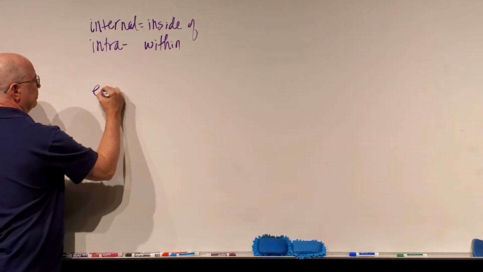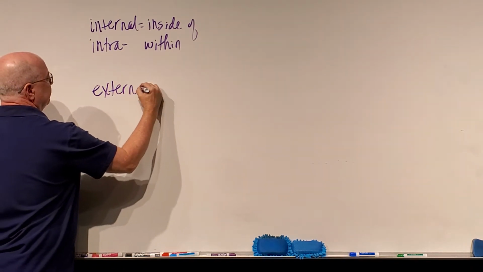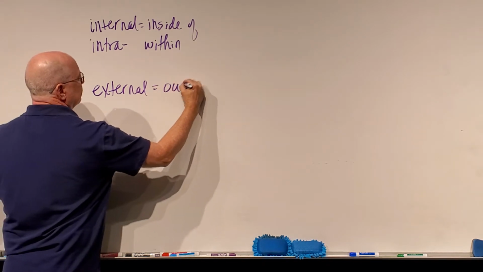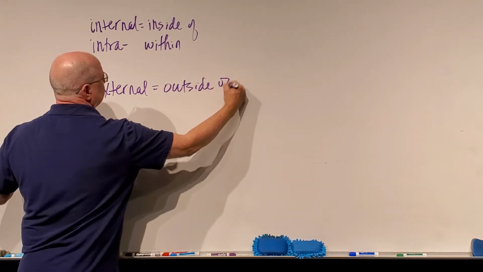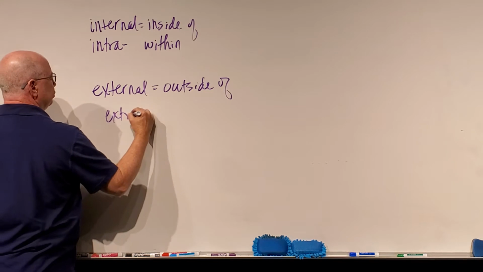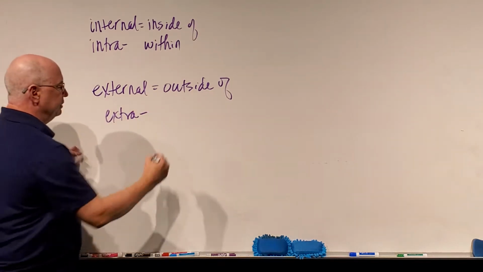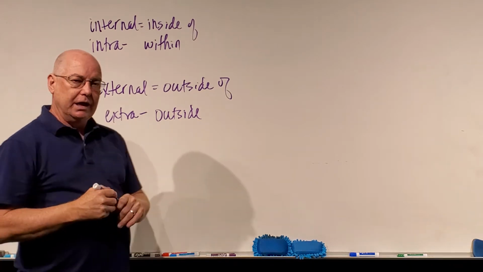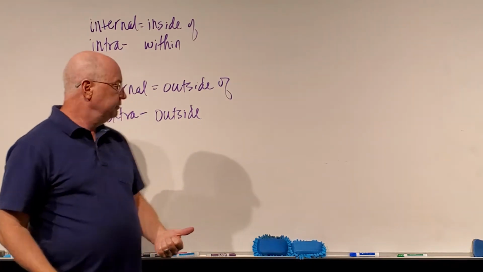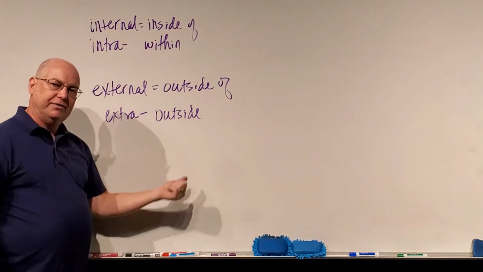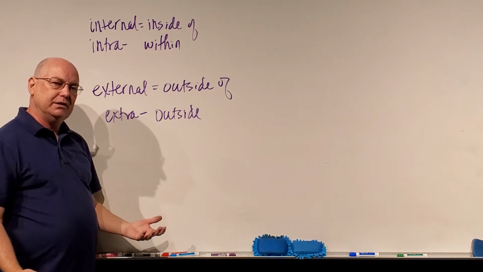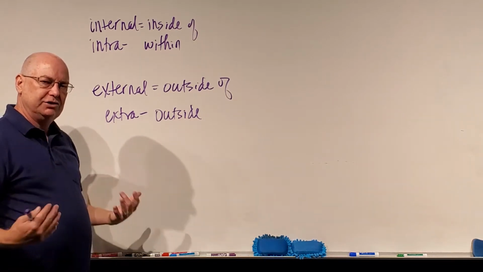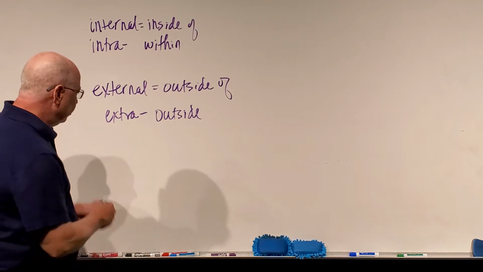Anytime I talk about something like the external environment, external means outside of. Or we'll sometimes use the term extra, which means outside. So the external environment of the cell or the extracellular environment both mean the same thing. They mean the environment outside the cell. Okay. We're also going to use this term